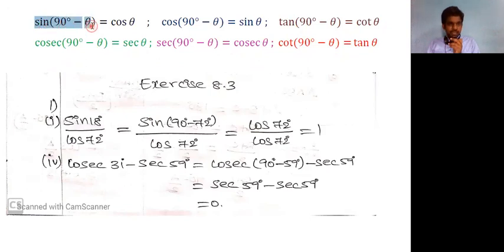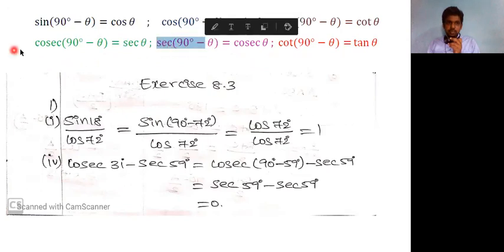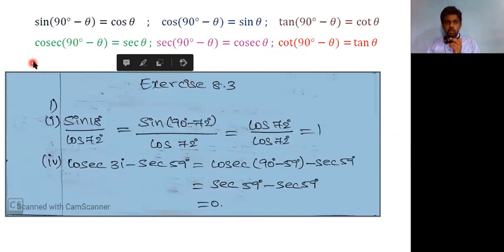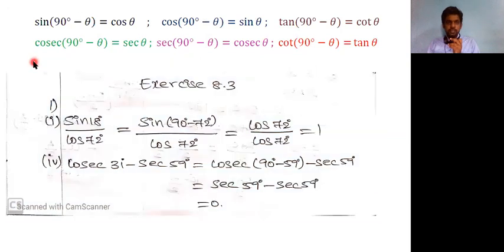So this is sin theta, this is cosine theta, the complement of sin theta. This is tan theta, this is cotangent theta, which is the complement of tangent theta. This is secant theta, this is the complement of secant theta. So now you have come to some understanding about what complementary ratios are. We'll go to the exercise.